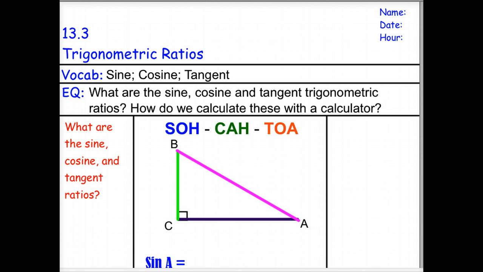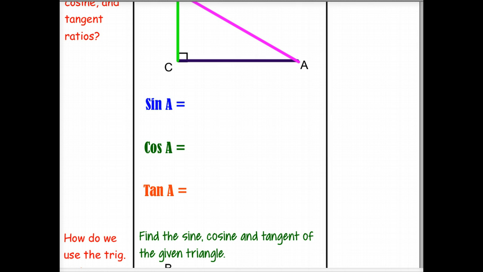So for those of you who are trying to remember this, we've got that SOHCAHTOA is your sine, which consists of your opposite over your hypotenuse. So if we're looking at angle A, the opposite is going to be here, and your hypotenuse is always that longest side. And when we talk about the cosine